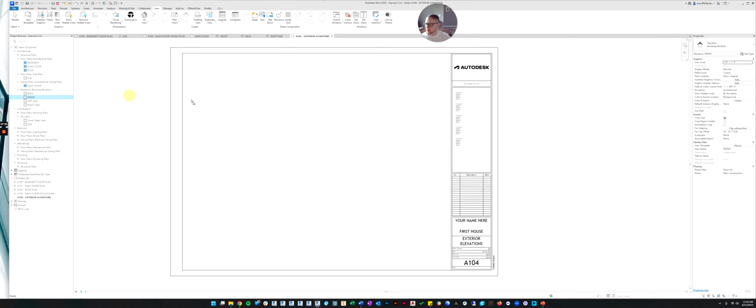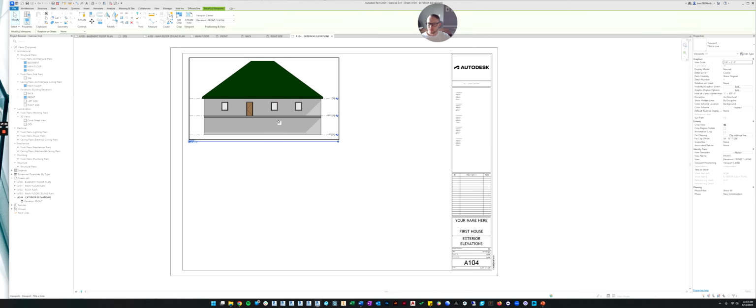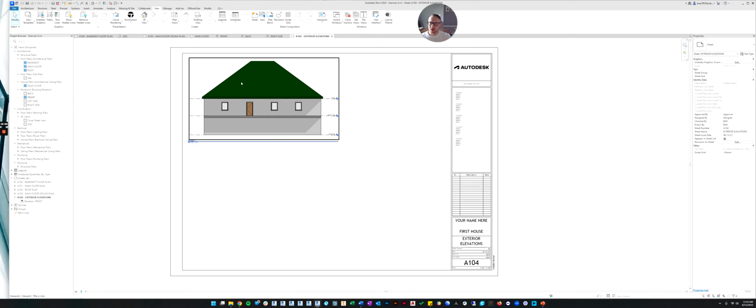So let's drag the front. Okay, this is another principle I'm going to teach you. Typically, when you place elevations on a sheet, if it's possible, you like to place them in an order, not just randomly. So if we're looking at the front elevation here, we're going to pick what direction we're going to look around the building. I'm going to say we look at the front, then the right side, then the back, and then we'll come back around to the left side. You could do the opposite: start with the front, then go left, back, and then right.